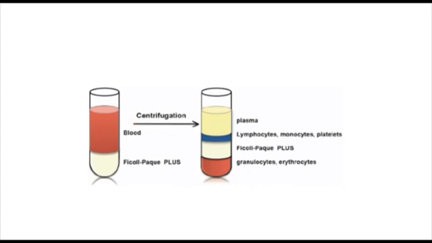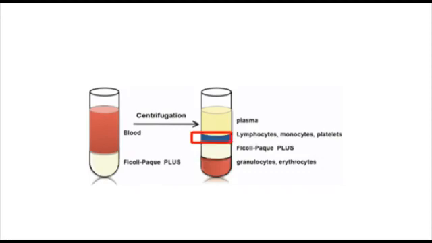The cells in the blood samples will migrate differentially according to their density during centrifugation. Thus, different layers of cells will be formed. The lowermost layer will be composed mainly of erythrocytes, which have been aggregated by the Ficoll. Just above the erythrocyte layer will be the granulocytes, which have migrated into the Ficoll layer.